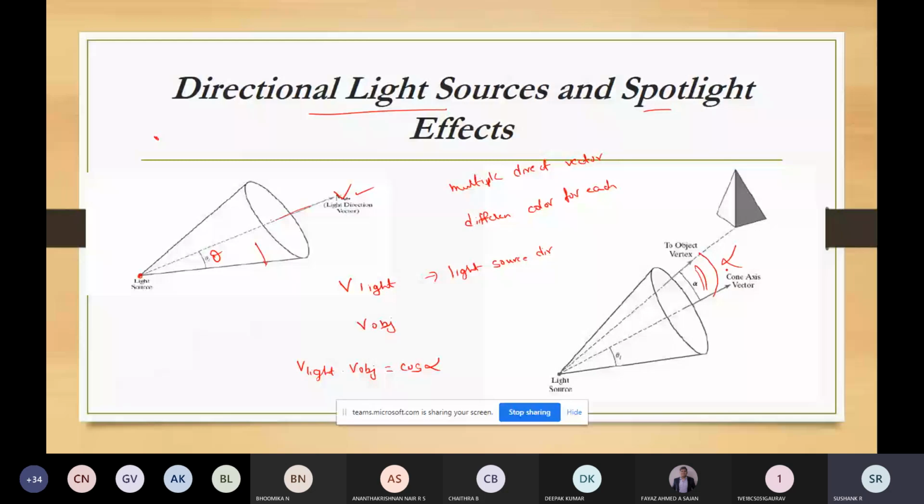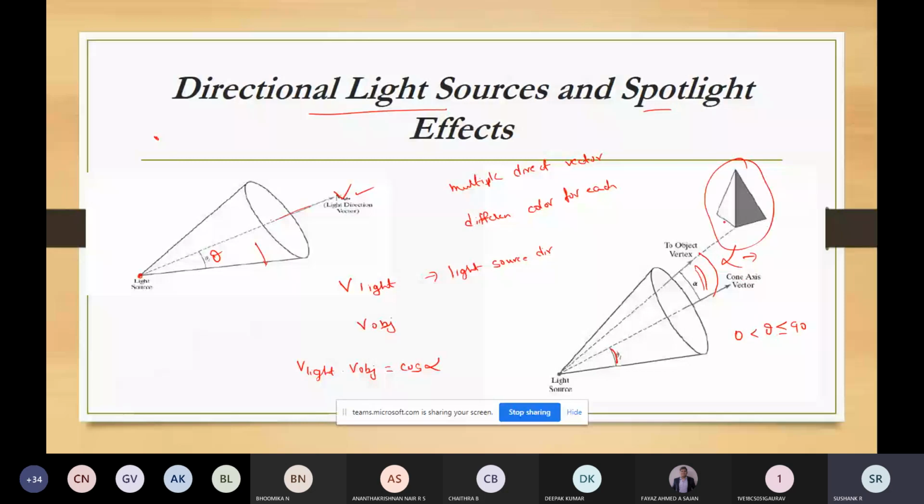So this is alpha. We know that alpha is the distance between the object and the light source. If you're restricting this value of theta as greater than 0 degrees and less than or equal to 90 degrees, so the range of theta is between 0 to 90 degrees, then this object will be visible.